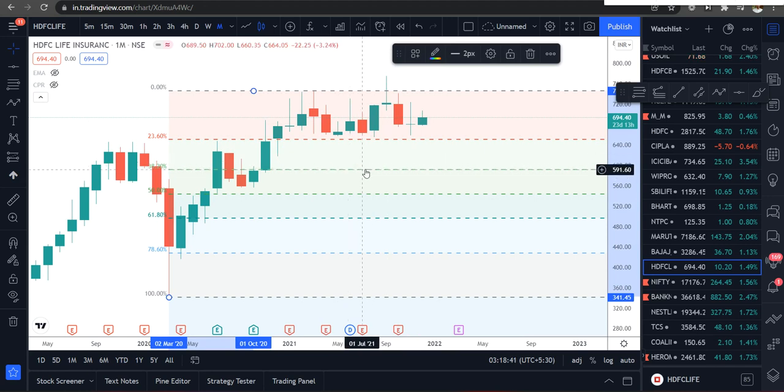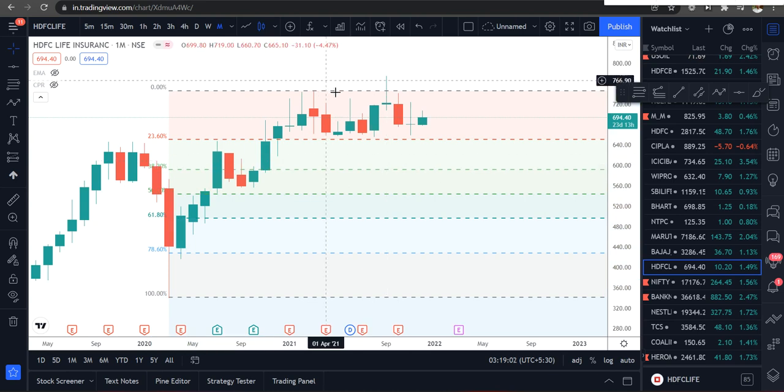So this is how you need to do it, and the target is pretty easy. Whatever level you invested at, the next level would be the target. In some cases, if you have invested at 61.80, instead of taking out the complete target, you can take out a small quantity from the full portfolio, so that you can divide and come out of the stock. And in some cases, like 23.60, where I'm investing now, I will have very less quantity, so I could come out at this place, or I can trail my stop loss to some levels based on the weekly or daily support and resistance. You can just trail your profit.